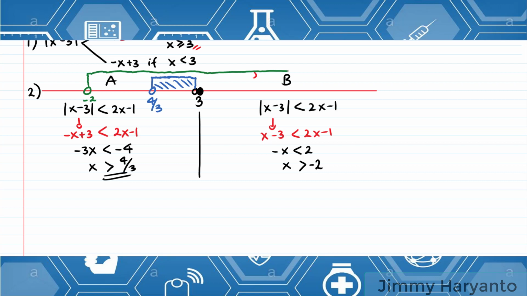But because we are in room B, we cannot draw the green one in room A, so I have to erase this. You cannot trespass the border. If we are in room B, draw in room B only. So I have to erase this one, and then erase this until I enter room B. And then I cut off right here.